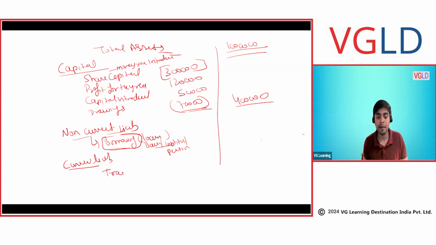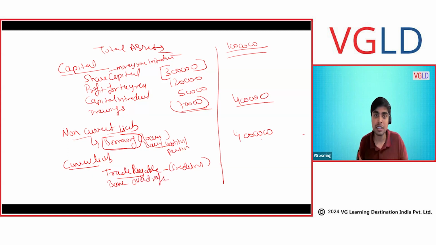Let's say trade payable. In case you are not aware, what is trade payable? Basically creditors. Let's make this 4. And you can also have a bank overdraft. In case you are not aware, a bank provides you, just like you have cash with the bank, some facility which is called overdraft. It's a temporary loan. So you can have a bank overdraft.